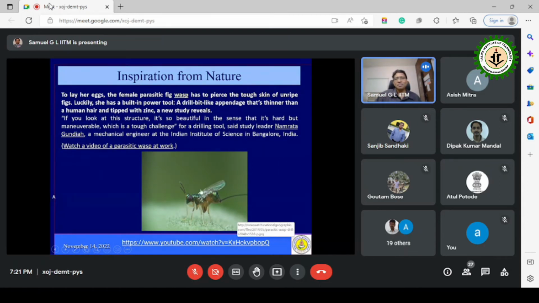And also here there is fluid mechanics coming in. This tail is usually very flexible, but when it pumps the fluid, it becomes stiff, and when it vibrates, it is able to drill. So what we are talking about now, micro machining and all, was there in nature long back.